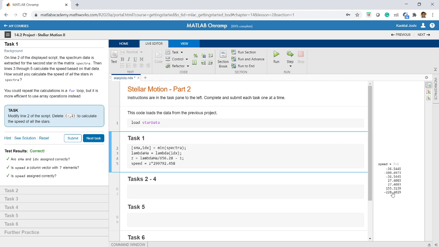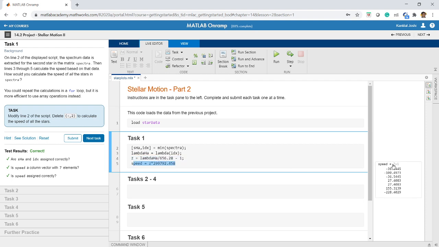So you must be wondering how it is done. It is very simple. When I say minimum of spectra, it will take every column and return its minimum value. So sha in this case will be a vector instead of a scalar. That means it will have 7 values. idx will also have 7 values, 7 minimum locations. lambda_ha will also have 7 values, z will also have 7 values, and speed will also have 7 values.